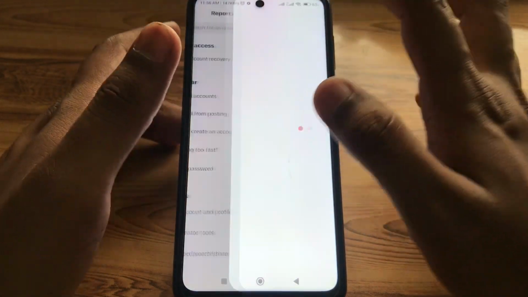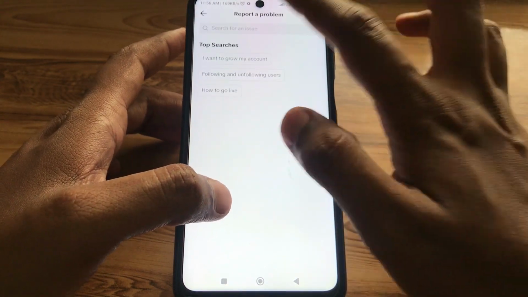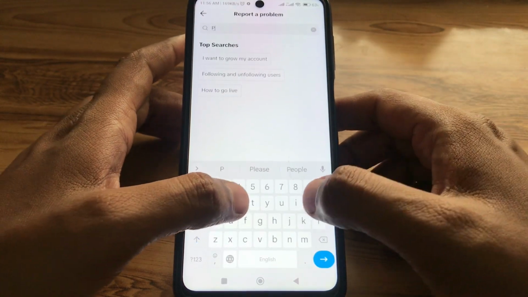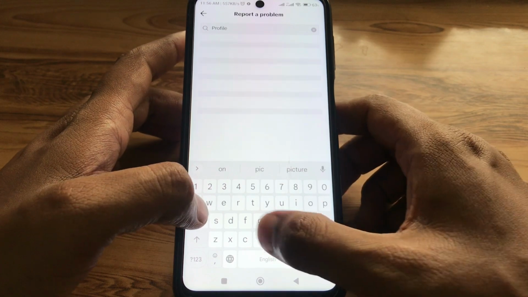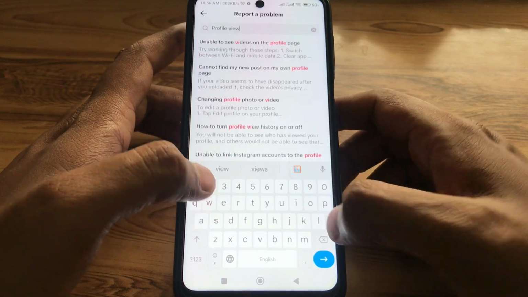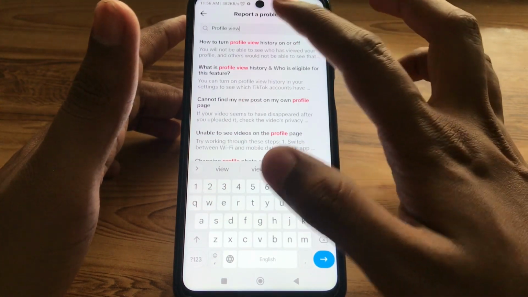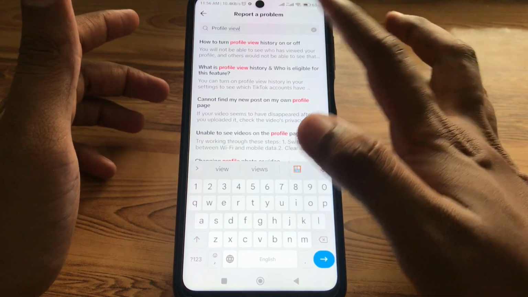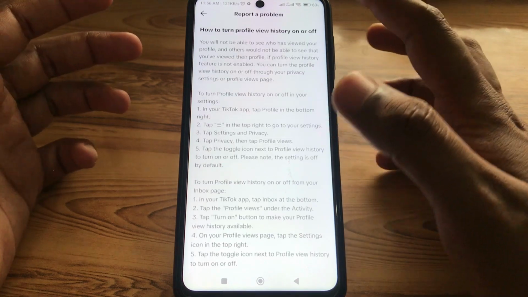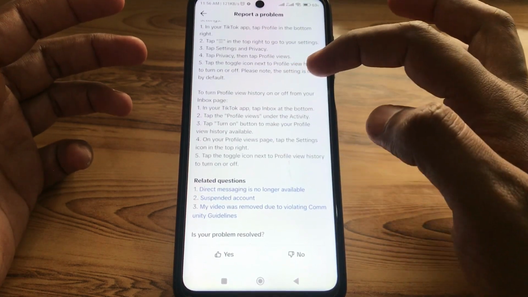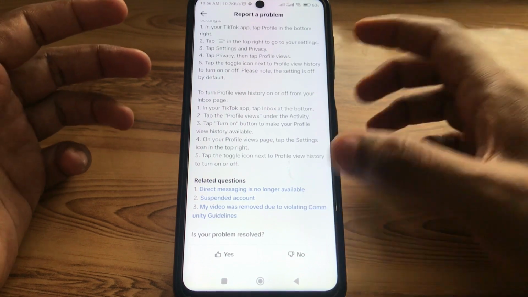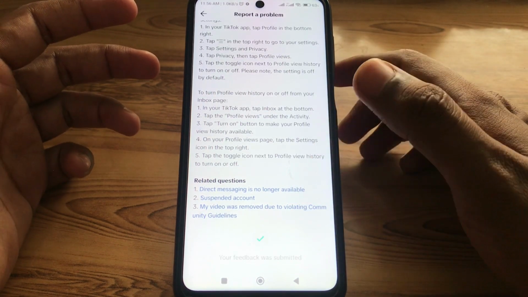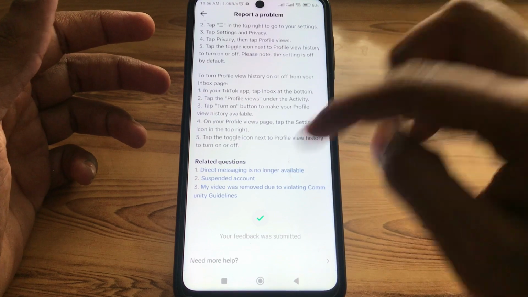profile view option. We are going to search for profile view option, and if you search for profile view, here you can see how to turn profile view history on or off, and they will tell you a method. And if it works for you, then you have to click on yes. If it doesn't work, then you have to click on no, and after that you have to scroll down,